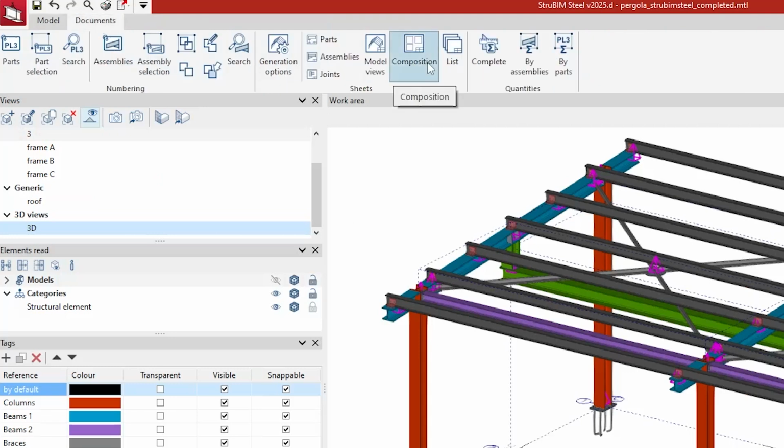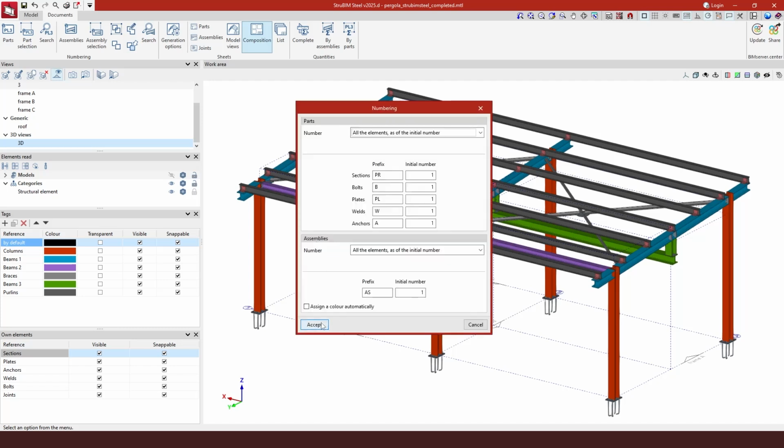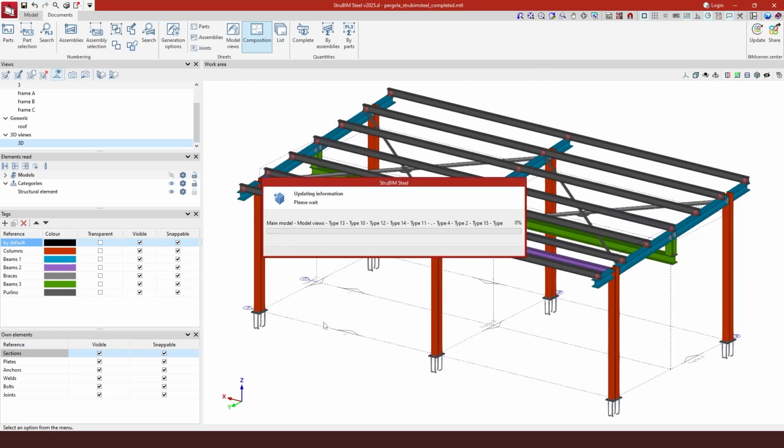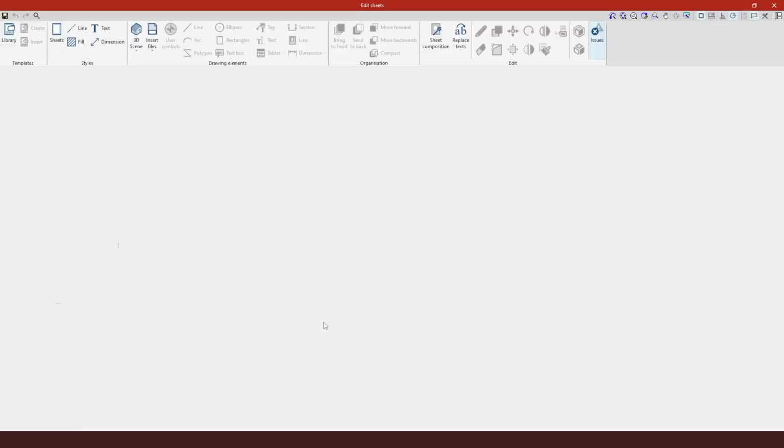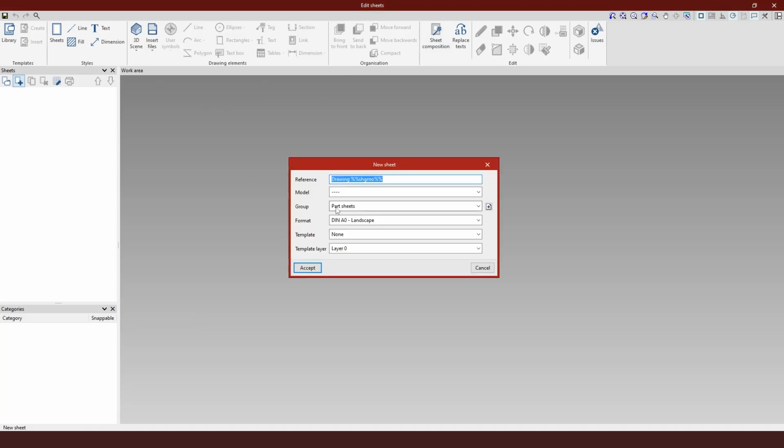Here in the Documents tab, we find in the Sheets menu bar, Composition. I'm going to click here, and if the parts must be numbered or renumbered, then we're going to say yes and let it number. Whenever we access this window, we're going to start by creating a new sheet. For that, we click here, and in this case, we're going to select everything except for the format. We're going to change it to DIN